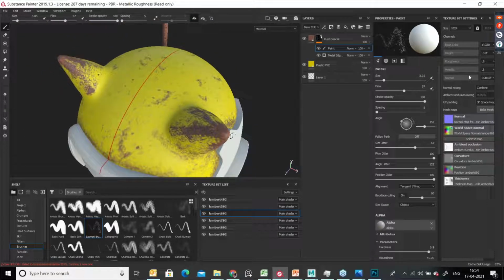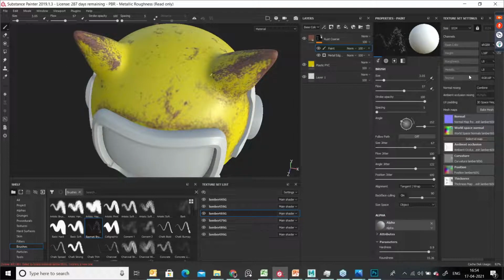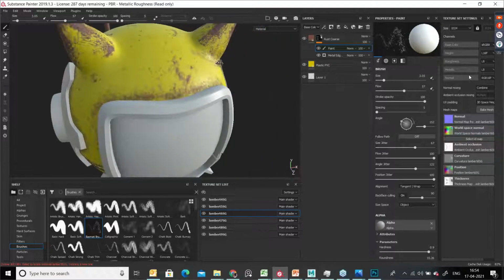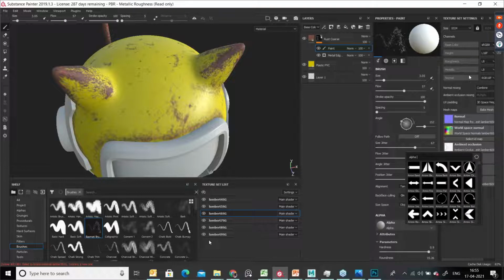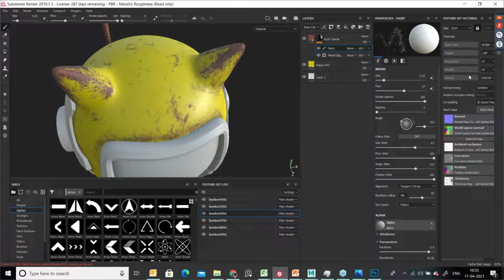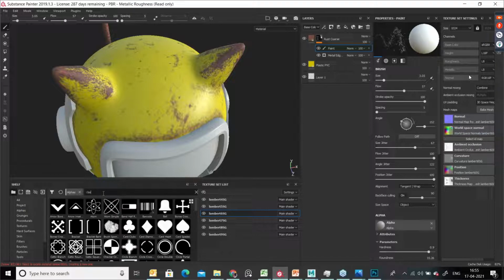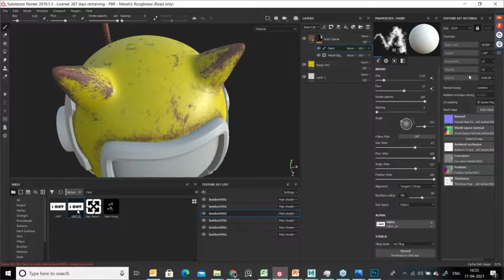Next, what we have to do, we have to just switch off this symmetry, and I would like to add some bot name on the top. So this is iBot. So I want to put that iBot name over here. For that, what I should do, I should choose some alpha image. So go to alpha, and here I can choose alpha over here. In this, I already created one alpha image, iBot. Okay, so here is iBot.